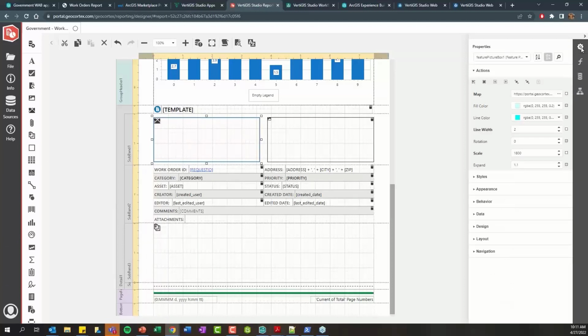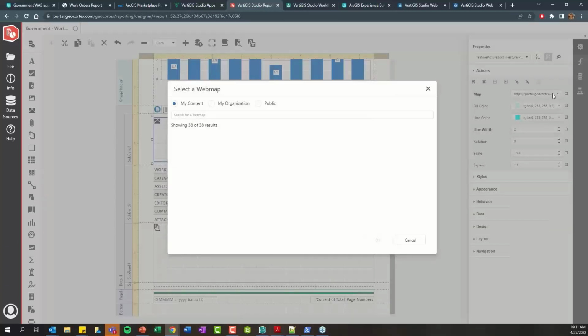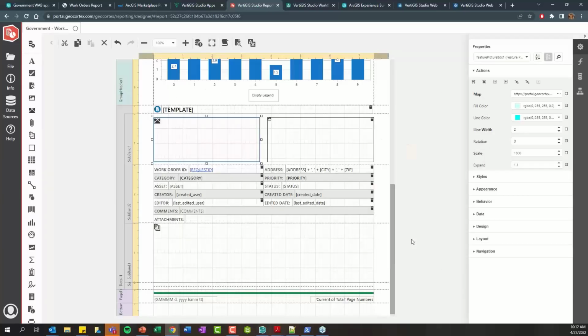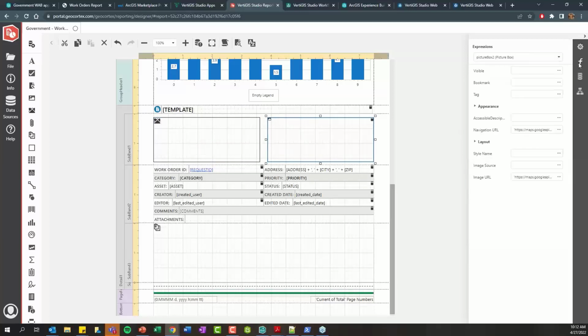And if we actually edit or go to the properties of this, you can see here, it's just connecting to my web maps hosted within my ArcGIS Online or ArcGIS Enterprise environment. So again, this is a reporting solution that's completely designed and integrated with your existing ArcGIS Online or ArcGIS Enterprise environment. And then if we select this picture URL here, and go to this expressions tab,